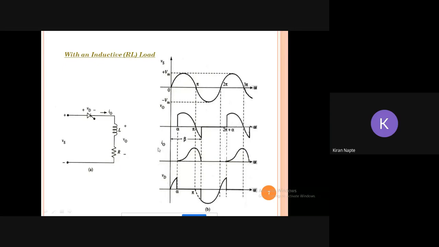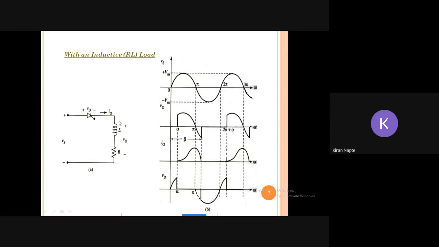First of all, observe the output current, that is I0. The output current is present along with this output voltage, because the output voltage is still present for some part of the negative half cycle. You can observe that this output current is also present, and again we can observe the output current till the end of the output voltage. Now, why is this so? Why are we getting some part of the output voltage in the negative half cycle?